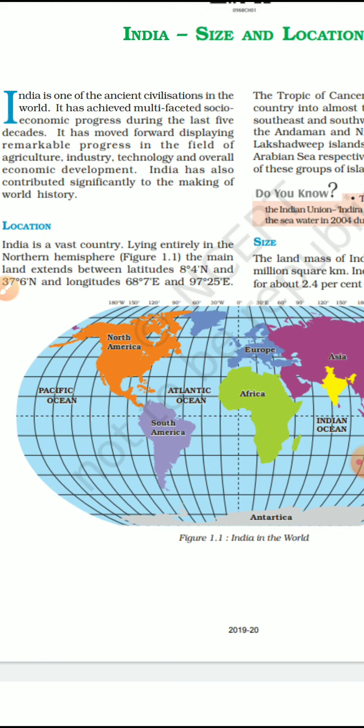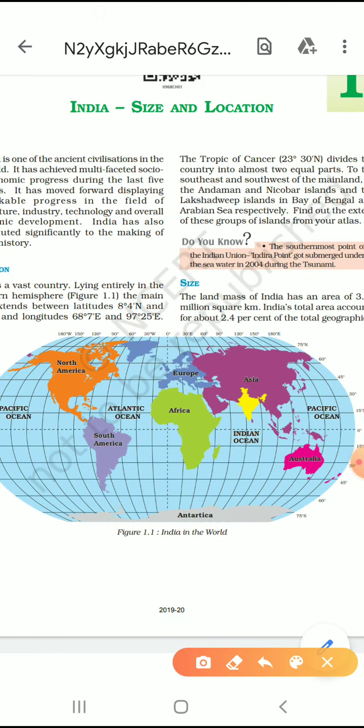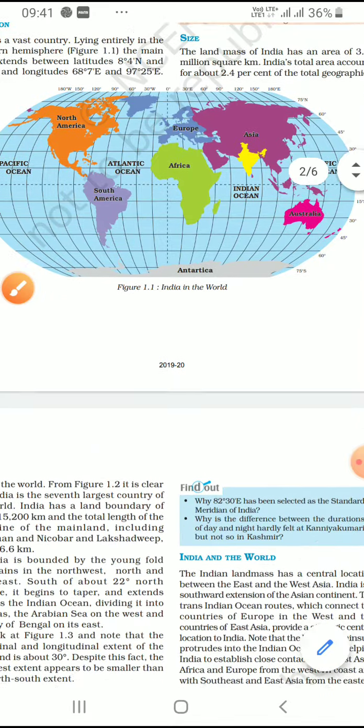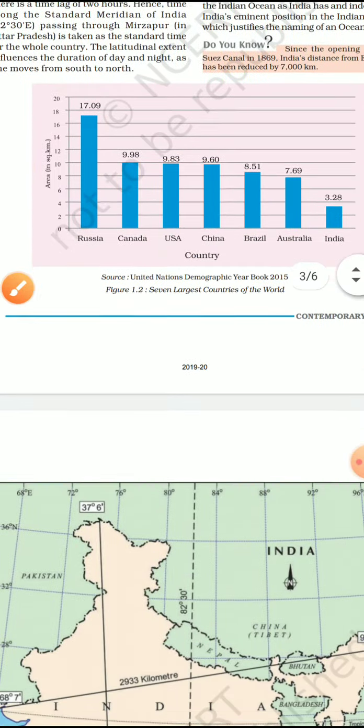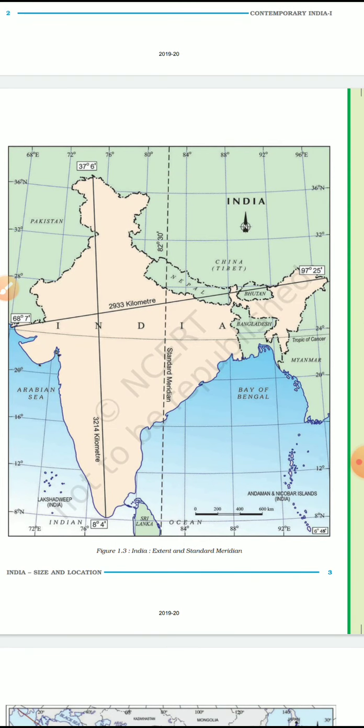Okay, the first thing that you can see in this is that India is located entirely in the northern hemisphere. The earth is divided into two hemispheres, the northern and the southern hemisphere, and India is in the northern hemisphere. Okay, move down to the map because it's the map where I'm going to tell you the rest of its